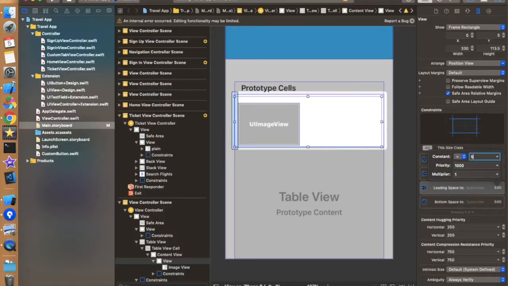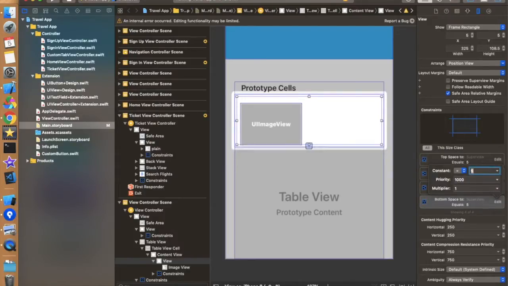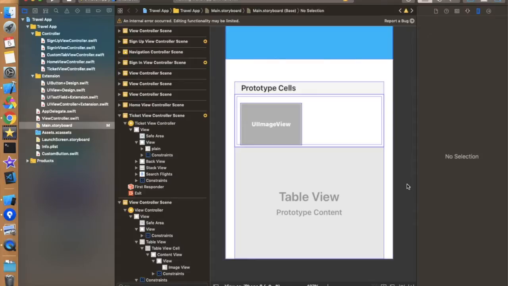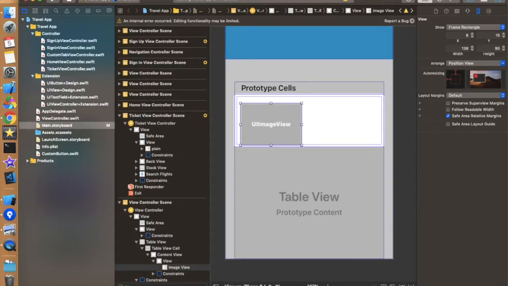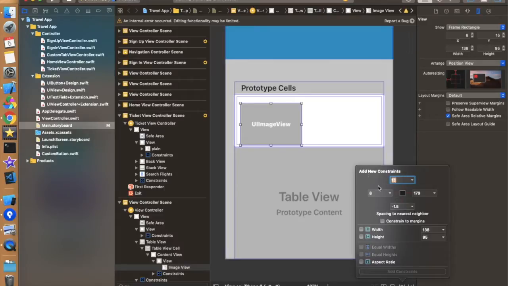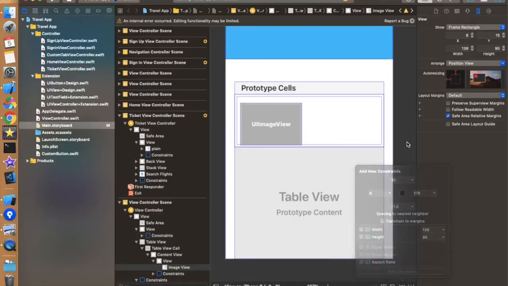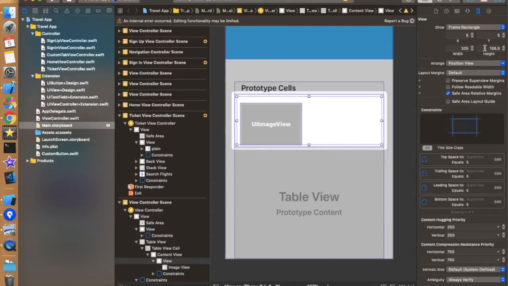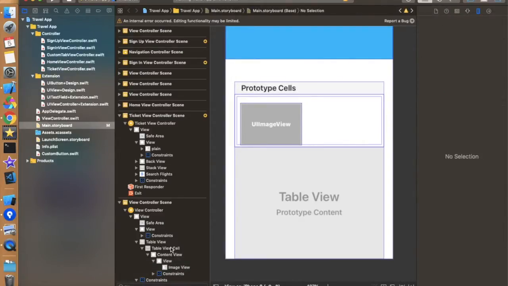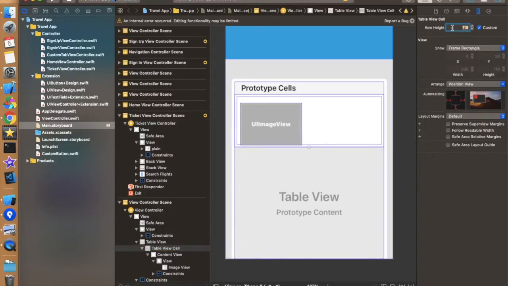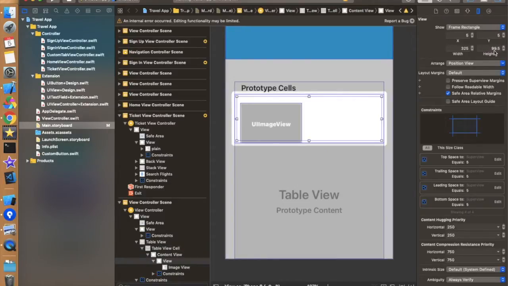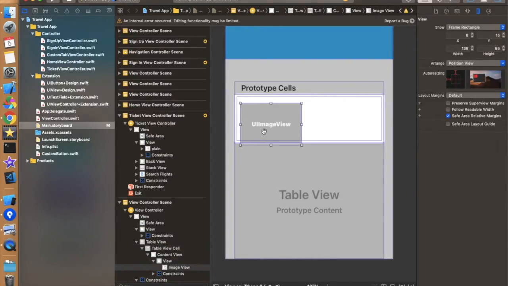Maybe in future if I didn't like this, then I will increase the size or increase the space between all the four sides. Now let's give a constraint to this image view, and the constraints are like the height of this image view is almost the same as the height of this view. So let's make the cell height fixed, so it should be like 110, something like this. So the height of this view is like 99.5. So let's make the height of the image view, or we can fix the width, so